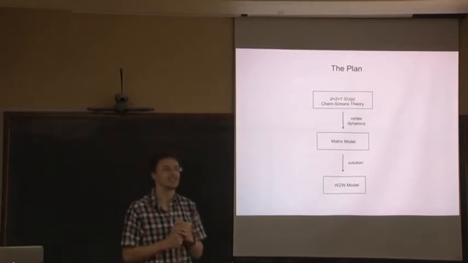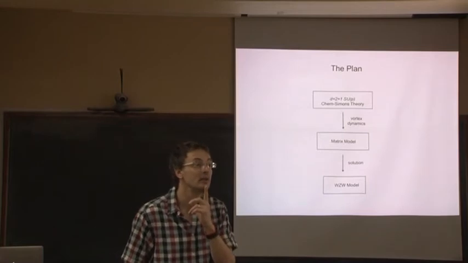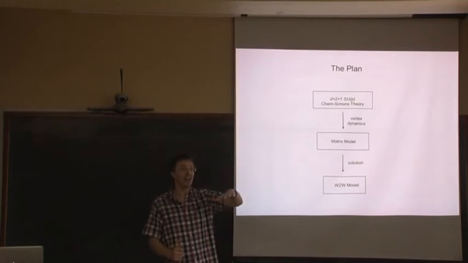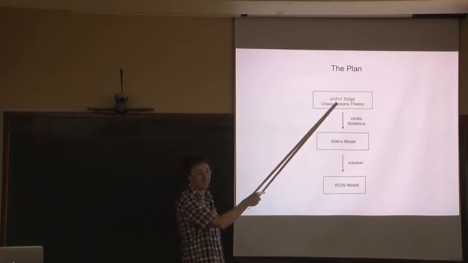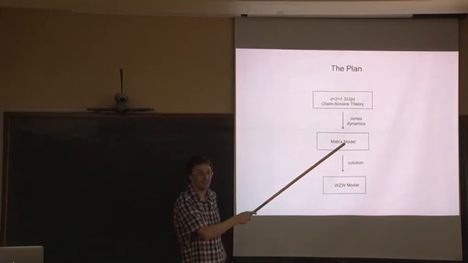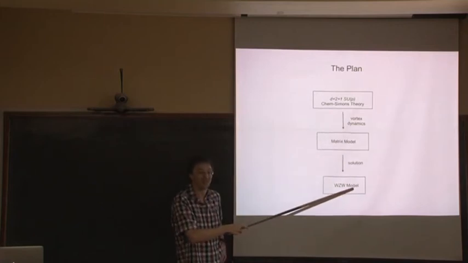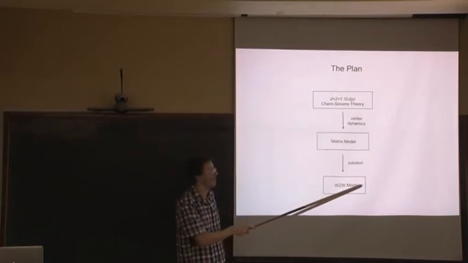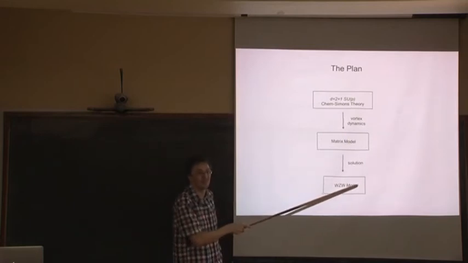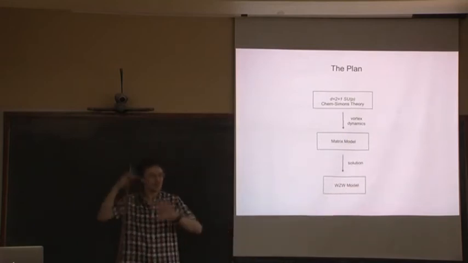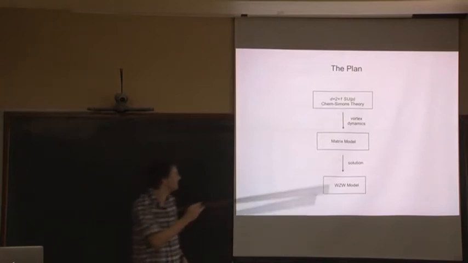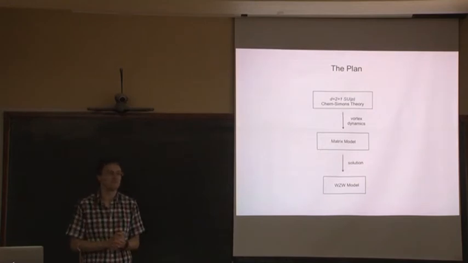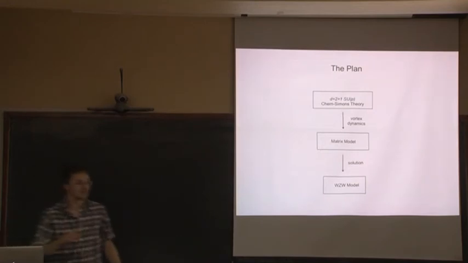Yes, please. Your Chern-Simons theory is always in 3 dimensions, 2 plus 1. Chern-Simons theory is in 2 plus 1. Yeah. Matrix model in 0 plus 1. And it's a bit confusing. You derive the quantum mechanics in 0 plus 1. And then you show that's equivalent to a conformal field theory in 1 plus 1, which is already known to be related to this in a different way. We'll sort of see this relation more directly. Okay. Yes, there's lots of different theories kind of bouncing around. But this is the case. Okay. Any other questions? No questions?